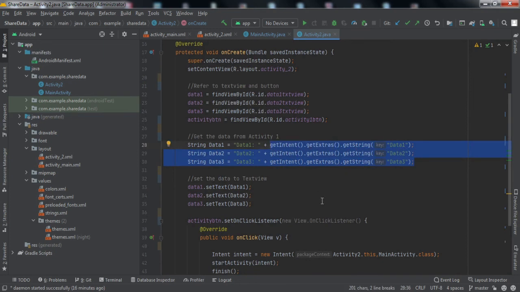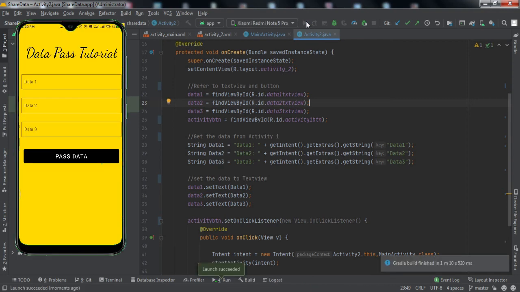So now I'll quickly install this app to my cell phone, then we'll see if it is working fine or not. So guys, the app has been installed to my cell phone.